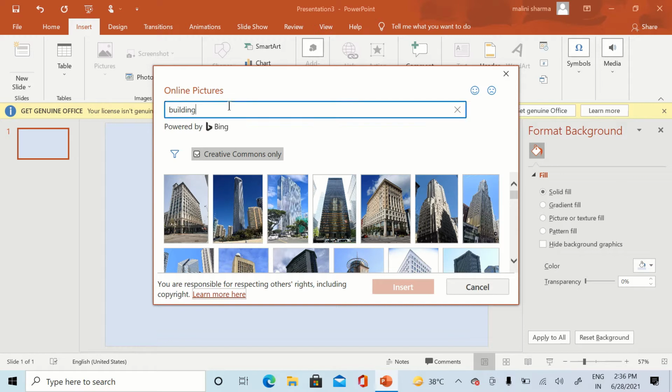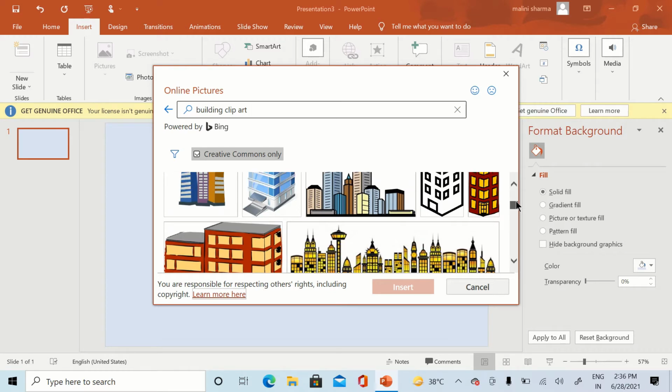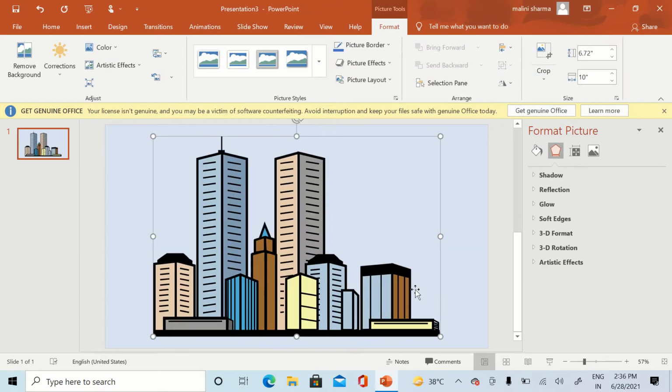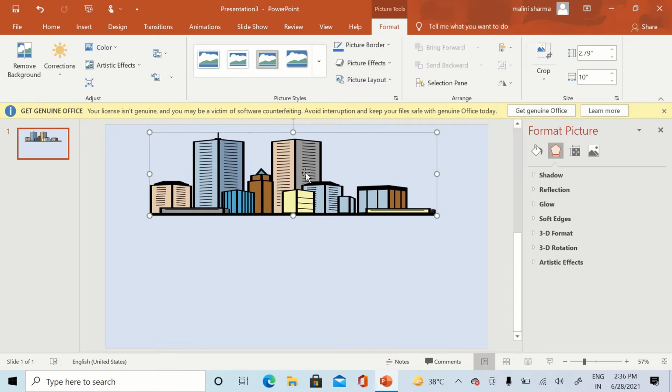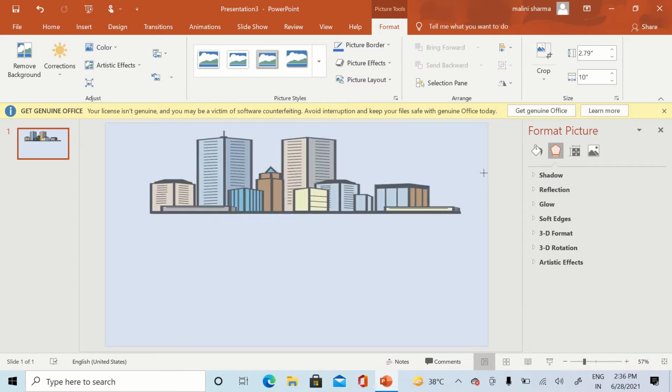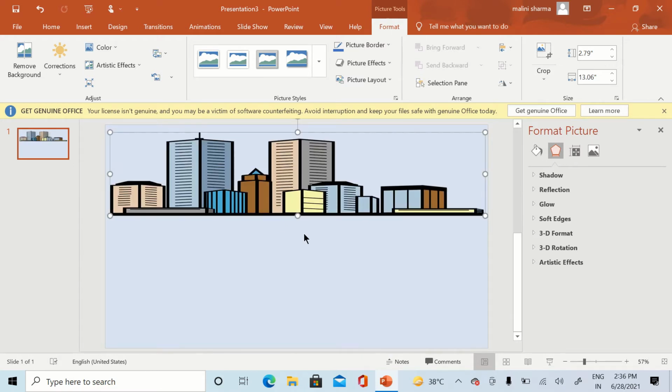And if I give building clip art, then it will display the objects or pictures without the background, like this. Now we will increase the size of this picture and spread it on the slide, like this.